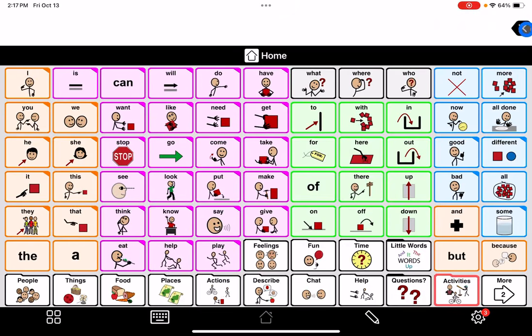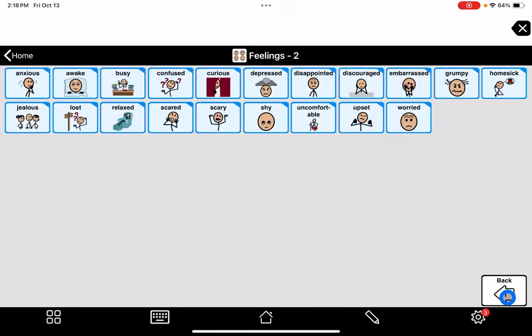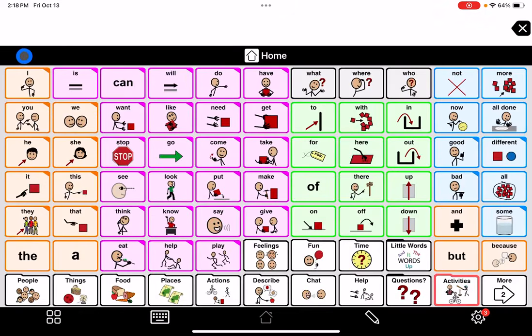And we'll clear that out. So to explore some of these folders on the bottom, we have feelings and secondary pages with all kinds of feelings. These can be moved around to front pages. They can be prioritized. Pictures can be changed. Photographs can be added. There's some different types of programming things that we can do,